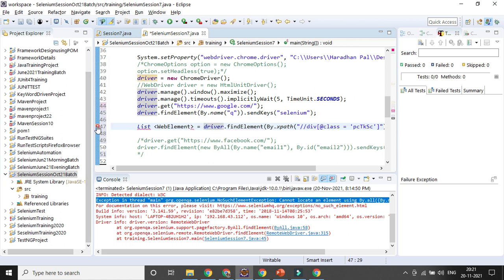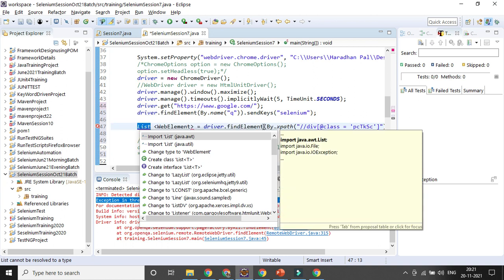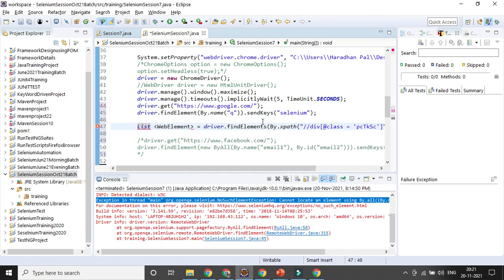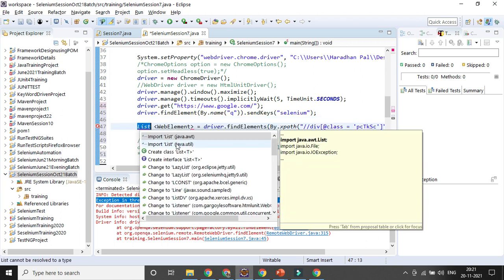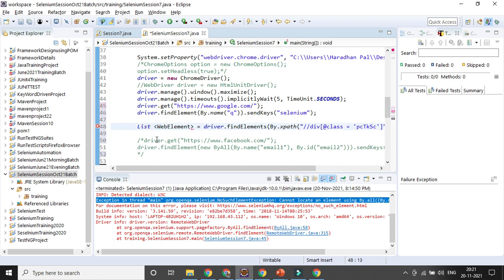I need to import list from the Java util package. Here it will be find elements, not element. I think then the error message should be gone. List of web element, and I need to give the variable name also, options.